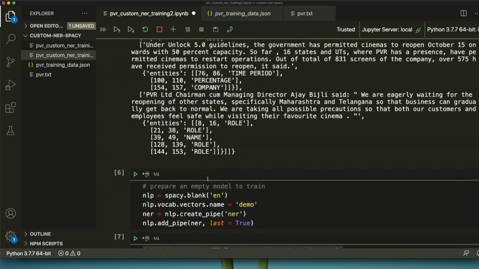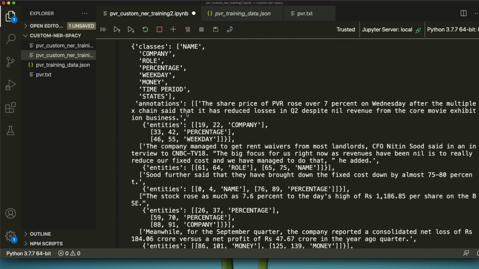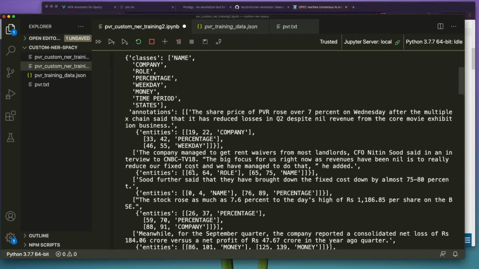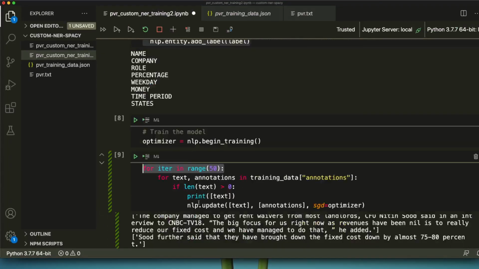But I'll upload this code so you can readily get started. I'll also upload the training JSON, so you don't have to face any of the issues. I'll upload all this data. Probably I'll not upload the text, because I don't want to be sued by a financial institution for copying their data, but this is only for educational purposes, and then you can start looking at good analysis. If in your organization, let's say you're from telecom or healthcare, named entity recognition is something that a lot of companies would want to do, and if you want to do that, you can simply do it here.